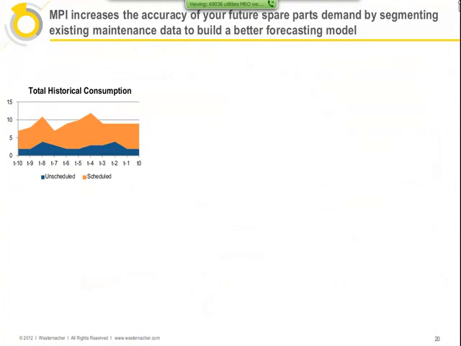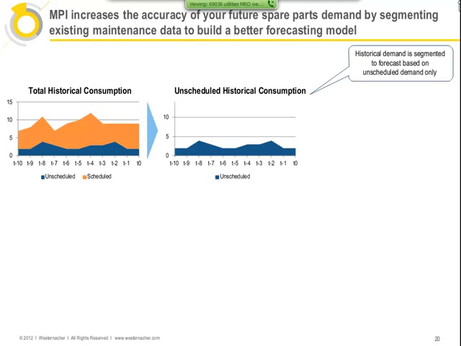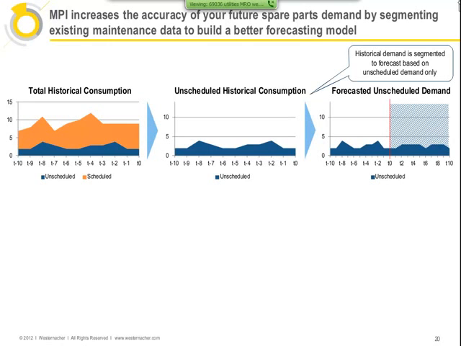So how does this calculate out, and how does this end up working for our best benefit? First of all, the system is going to take the total historic consumption. Now, this is the amount of consumption of the maintenance materials that were derived on both a scheduled and unscheduled basis. We're then also specifically looking at the unscheduled maintenance. In other words, maintenance that did not come out of maintenance plans. And we're using the power of the forecasting tools within the service parts planning in order to give us an extremely accurate forecast over what we're going to need to carry in stock to meet our unscheduled needs.